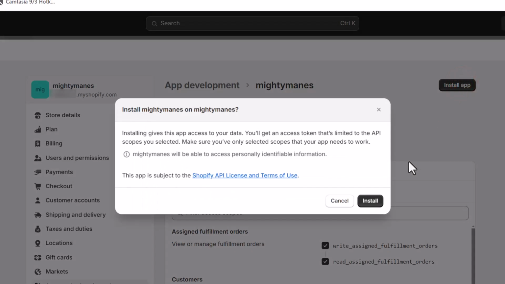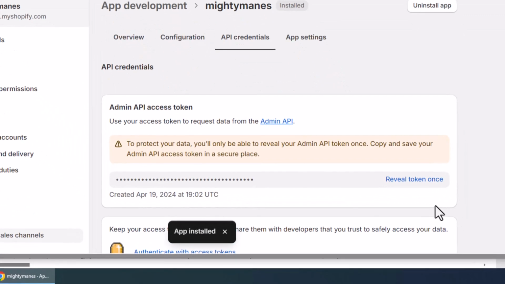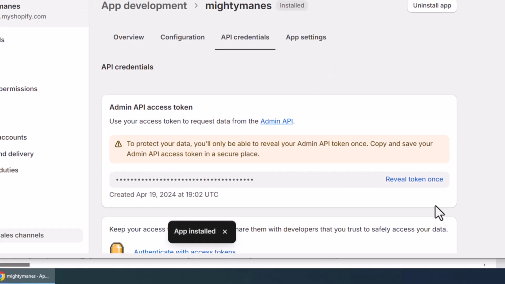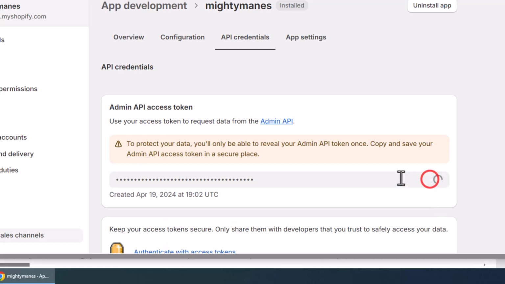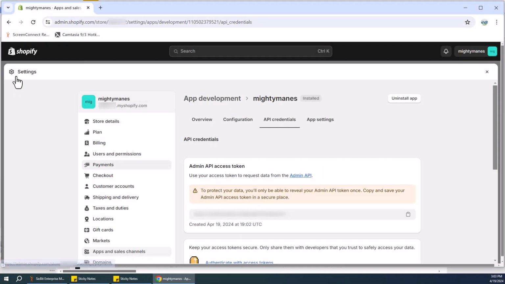This will allow you to obtain the Shopify API key, which you can then plug into your Shopify business profile in SixBit. Once the application is installed, you'll be given only one opportunity to grab your API access token. We recommend that you copy and paste this token into a notepad or another location for safekeeping. The final step on Shopify is going to be to grab your store name to enter into SixBit so that